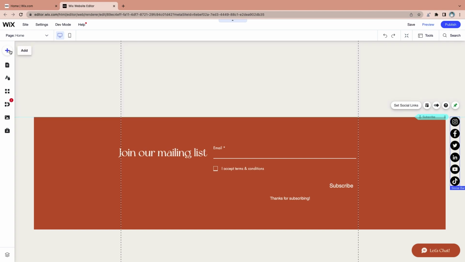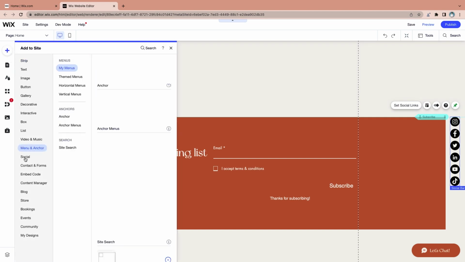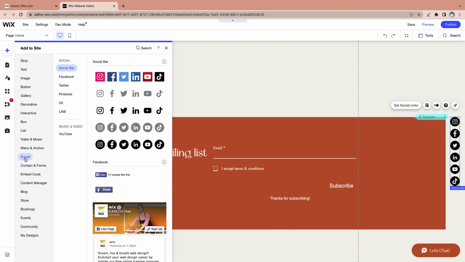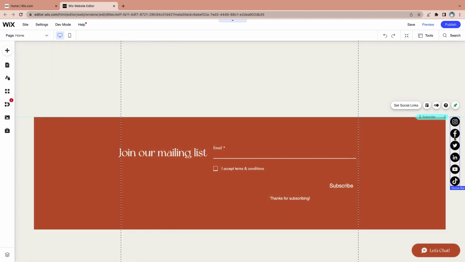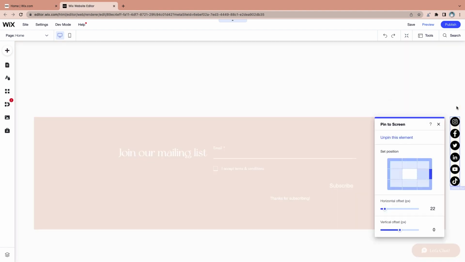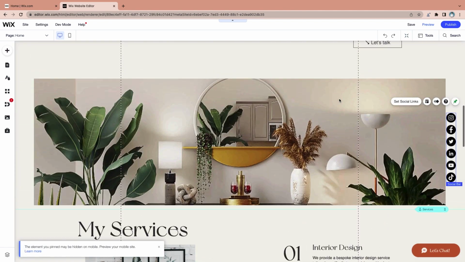Another thing that I want to add to all my pages, links to my social media, so that my visitors can learn more about my business and what I have to offer. I added mine by just going into the add column right here, clicking on social, and then adding a social bar, and customizing it to match your branding and choosing the right spot for it. I pin mine to the side of the screen so that it stays there when users scroll and is always available. I did that by just clicking this pin right here, and I can move it back and forth, up and down, wherever I want to put it. And then it stays with me as I scroll on the screen.